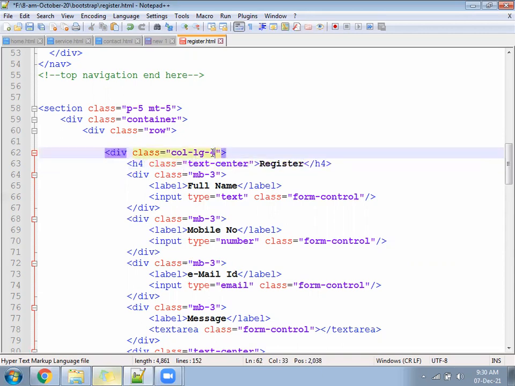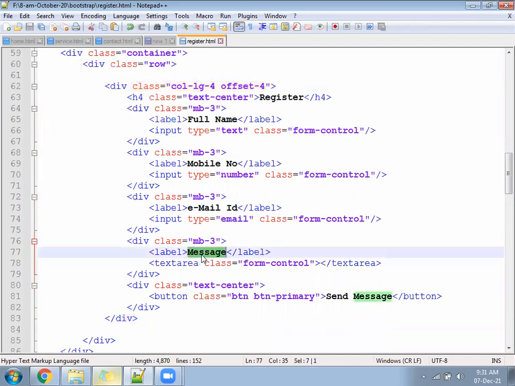Offset 4 will leave 4 from the left and 4 from the right, and it will appear in the center.